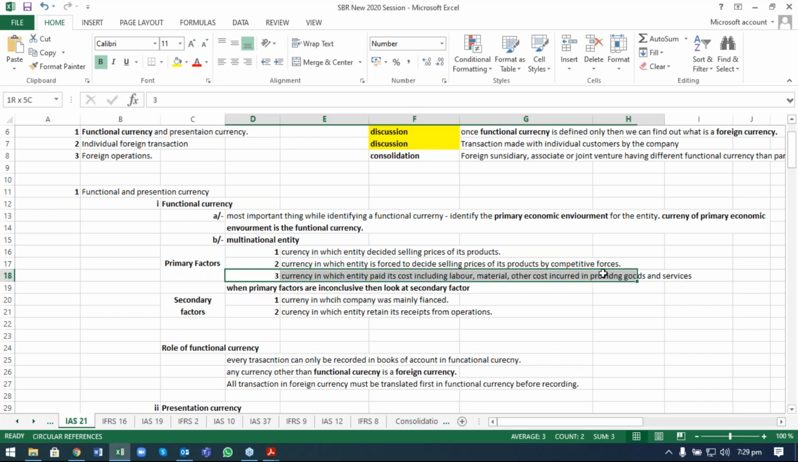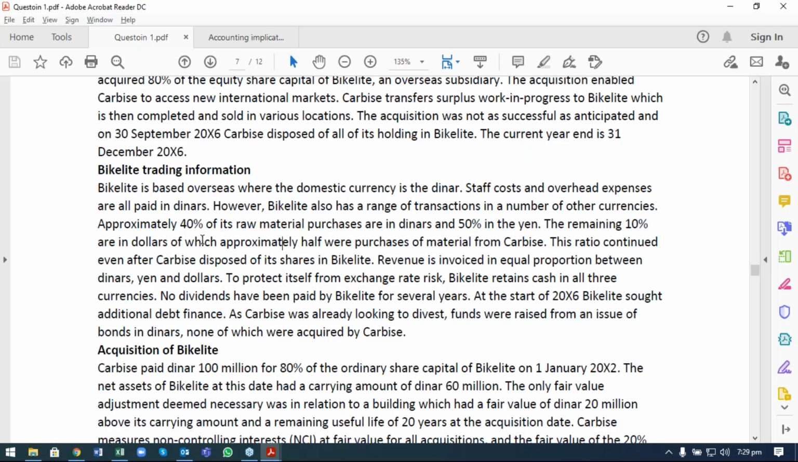The third primary factor is the currency in which the entity pays its costs, including labor, material, and other costs in providing the services. So that's something I believe provided within the scenario. The ratio was maintained even after Carbise disposed of its shares in Backlight. So irrespective of whether Carbise holds Backlight or not, Backlight has its own decision to charge the selling price to different customers. As you can see here, even after the disposal of Backlight by Carbise,